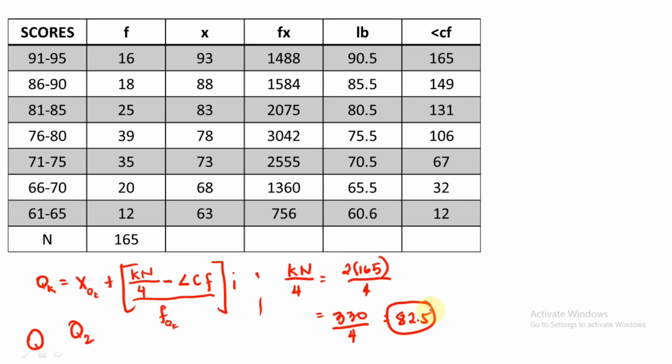Again, 82.5 lies between 67 to 106. So greater than 82.5 is 106. So this is the greater than 82.5, and this is our quartile class. Okay, so the formula, we substitute. Q sub 2 equals, our lower boundary is 75.5 plus